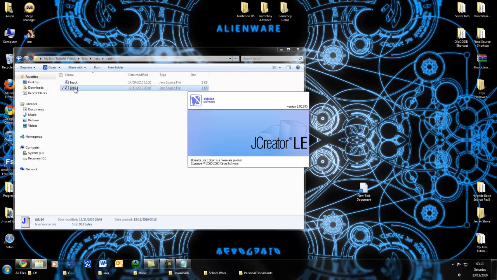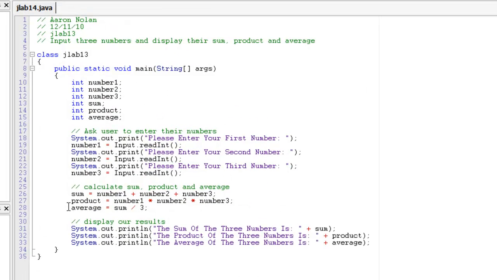Now then, so we can get cracking on that. Okay, so just don't forget to change some of the things. It's the 13th now. This is Jlab14. Input 3 and enter their current sum, product and average after each number is entered. Okay, and Jlab14. Okay, so the way the program works at the minute,